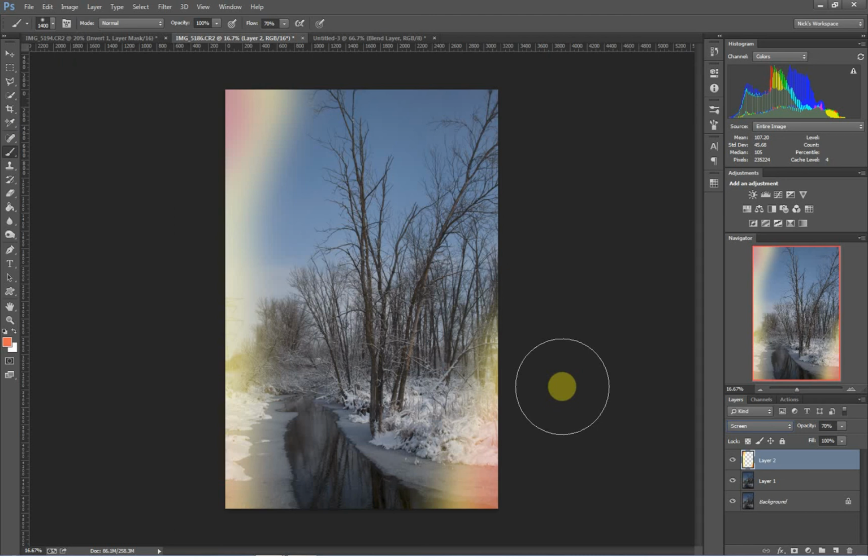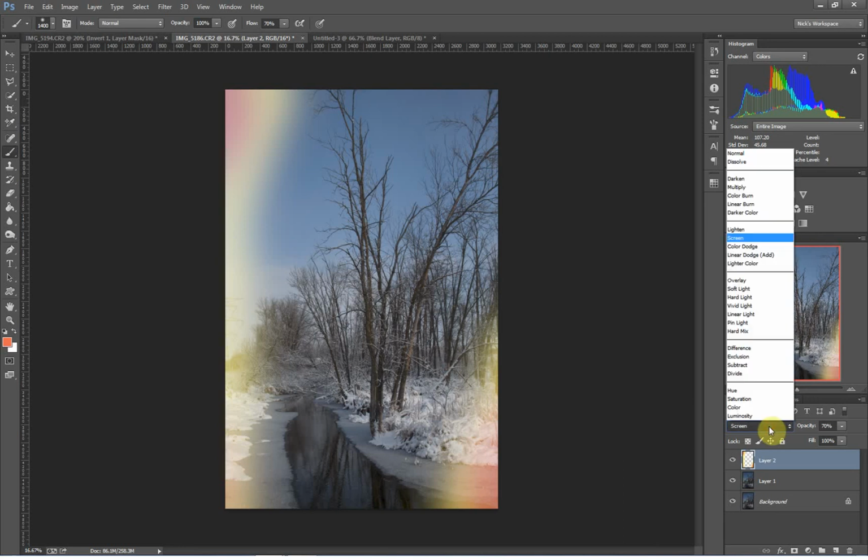There's one final thing before I go that I want to call your attention to, and that's if we open this drop down menu here, what we can see is that these blend modes are grouped in certain ways. So you can see the multiply blend mode is in this area here. It's got darken, it's got color burn, it's got linear burn, and darker color. Okay, and the screen blend mode is grouped into this other one, which has things like lighten and color dodge and linear dodge and lighter color. Okay, and